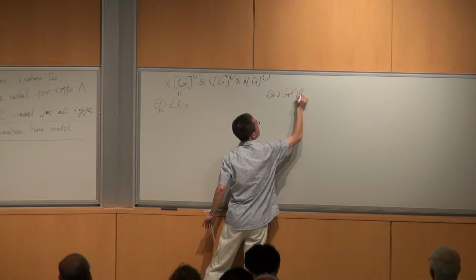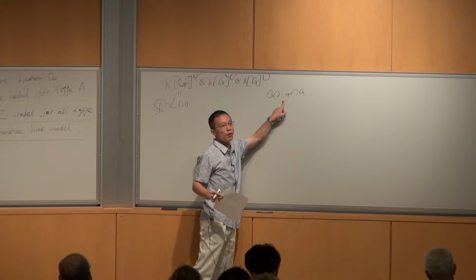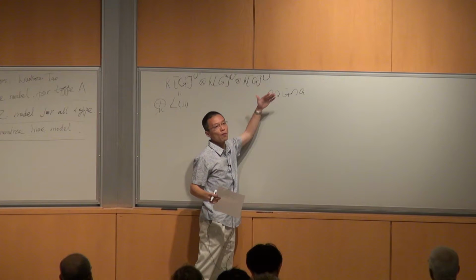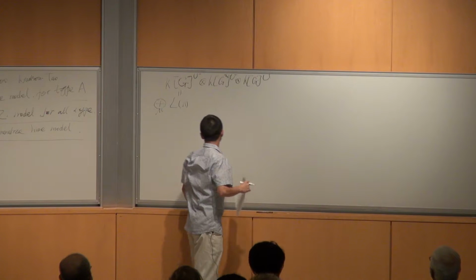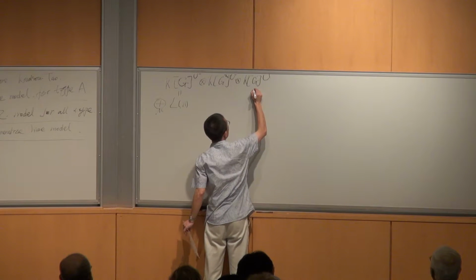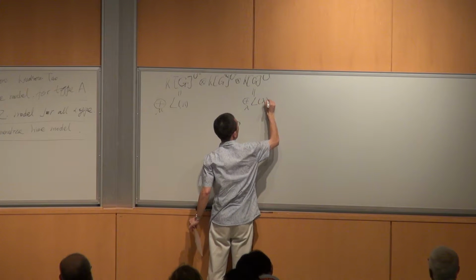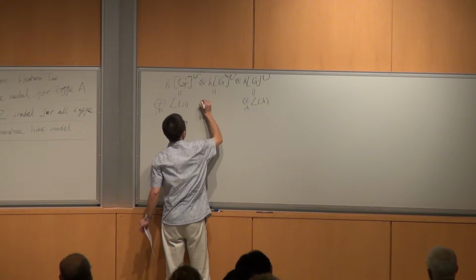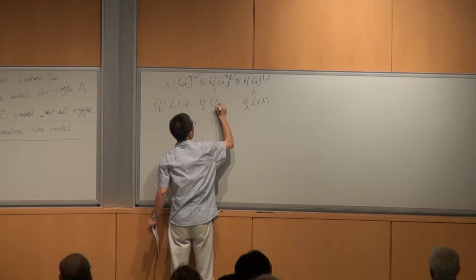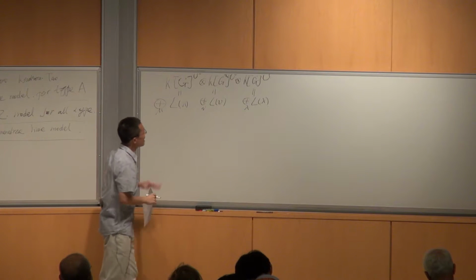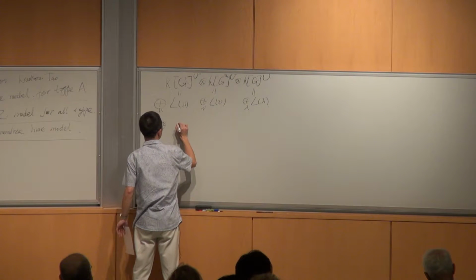We quotient out U minus from the left, then I can quotient out U, which for type A is the upper triangular matrices, from the right. So this one gives you the dual, this one the dual, and this one is equal to this. Now if I tensor them together, you see this is just a direct sum of